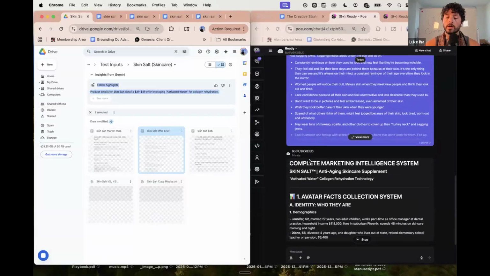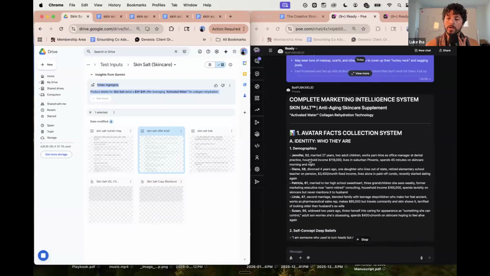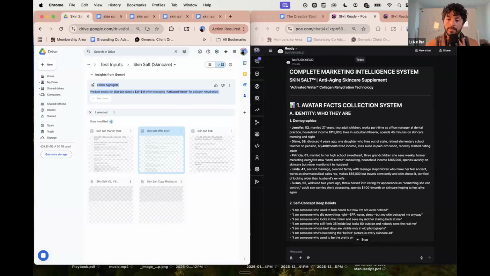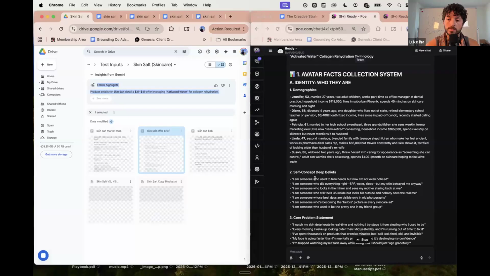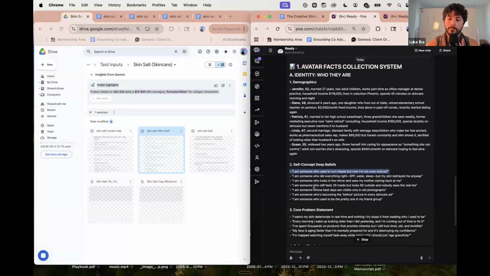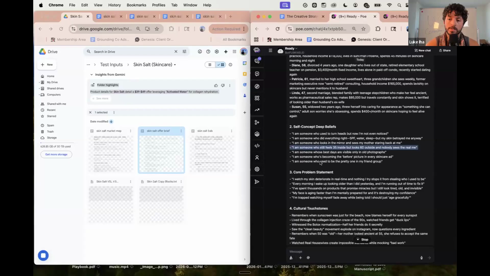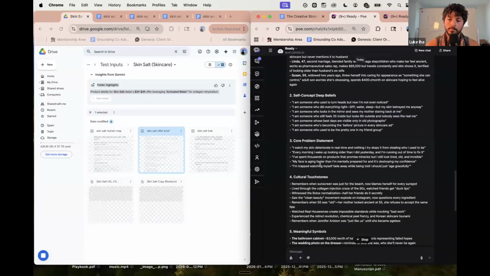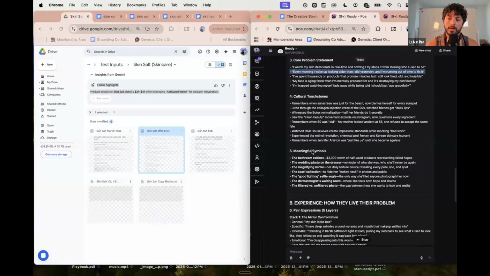Cool. And then it's just going to go through here. The way that I would personally use this is I would take this entire output and just read through it and be like, is there anything interesting that I like, right? So, I'm someone who used to turn heads, but now I'm not even noticed. Cool. That's a whole ad right there. In fact, there's a really powerful Quora one I go to all the time, which is talking about I used to be a beautiful woman and what it feels like. Every morning I wake up looking older than I did yesterday. That might be too extreme and too hard, but this idea about waking up and feeling like you look aged overnight, great idea.